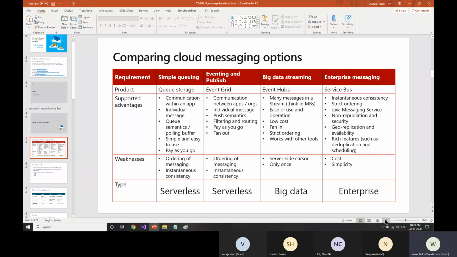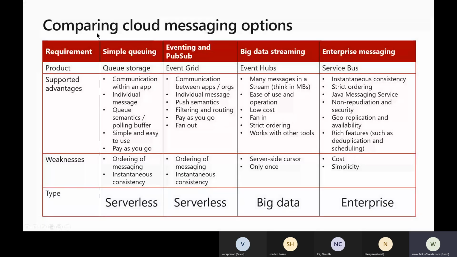We had a discussion about this. You can see here the cloud is giving messaging options, like queue storage, event grid, and event hub, which we have just now seen. This is again queue storage. It has a weakness and an advantage given here. For the weakness, you don't get ordering of messages here, but here you get it; this will be costlier, and this will be cheaper. So there are benefits and weaknesses, and based on the architecture, you have to see which one fits your application.